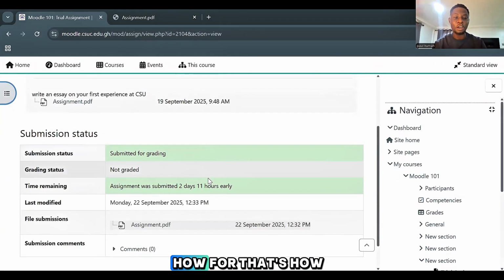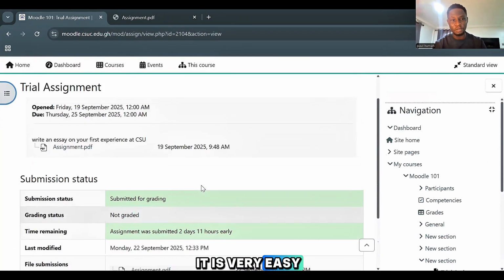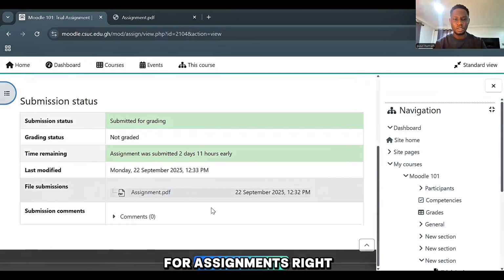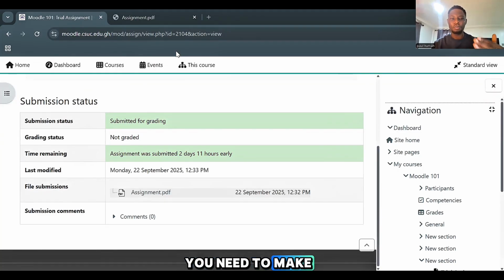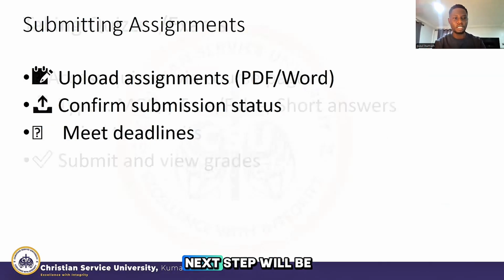So basically, that's how to upload assignments. It is very easy. So that is it for assignments, right? All right. And like I said, you need to make sure you meet the deadline, of which for this one, we met the deadline. We still have 2 days more before it closes. So we met the deadline. We're not going to be having any penalty. All right. So the next step will be